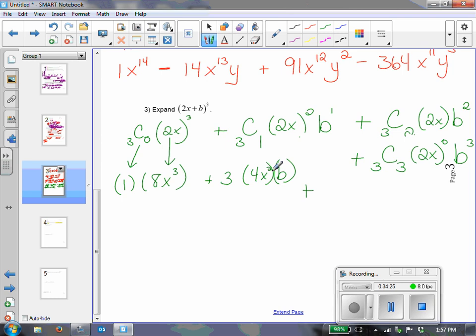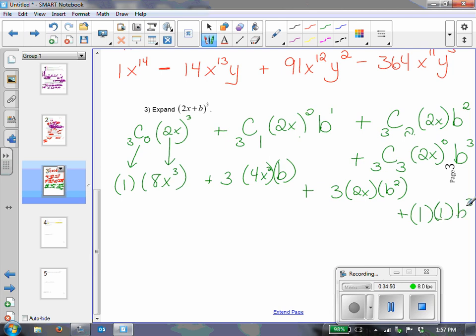Only 1 becomes 1. 3 times 1... Oh, 3 times 2x times b squared. And then this one here, 3 choose 3 is 1, 2x to the exponent 0, which is 1. And then I've got